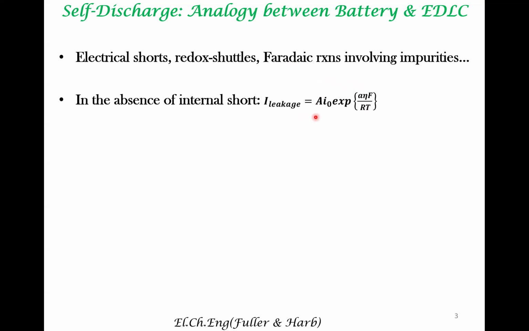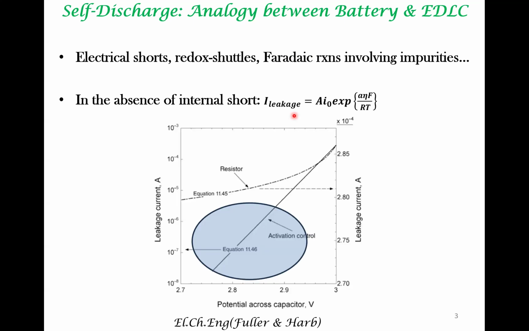If the overpotential is large enough, you can assume the Tafel equation to represent the Faradaic reactions that contribute to leakage current in the EDLC. So if you assume this kind of behavior, the leakage current shows this kind of a drop. That is, note, as opposed to this linear change in the x-axis, here